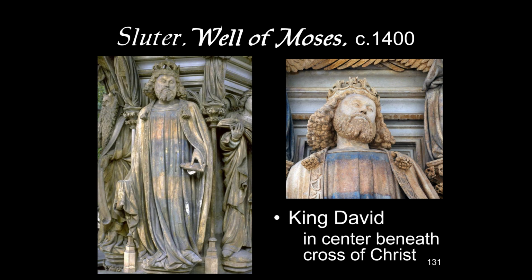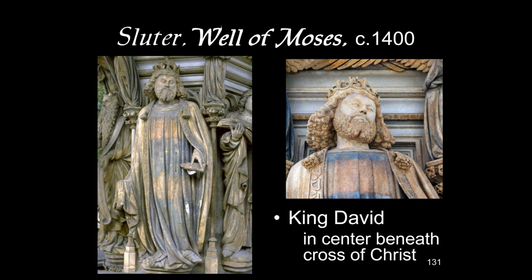And actually, the main prophet probably would have been King David. He faces east, and the cross of Christ would presumably be positioned so that Christ would face east. This is the altar end of a church. It's east toward Jerusalem, the place where Christ was born. The very strong convention or tradition of associating the East with Christ. The rising sun is in the East.